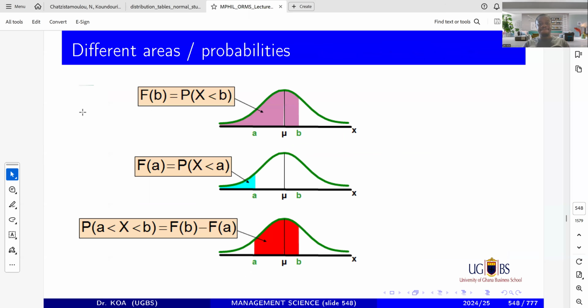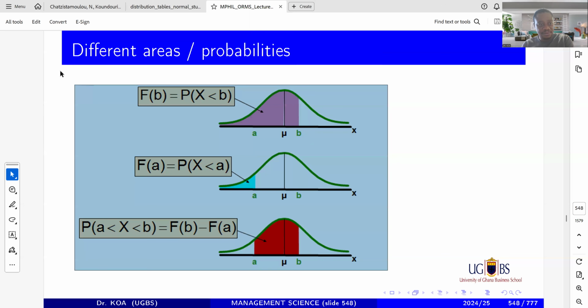Now, my focus today is for you to learn, by the end of this course, to be able to tell a portion of the area, which we know totals 100. Now look at the first one. We have two numbers, A and B. A is on the left of the mean, B is on the right of the mean. If you look at the left part of the mean, it is already 50%, you know that. So to be able to find the shaded area, we need to know this distance.